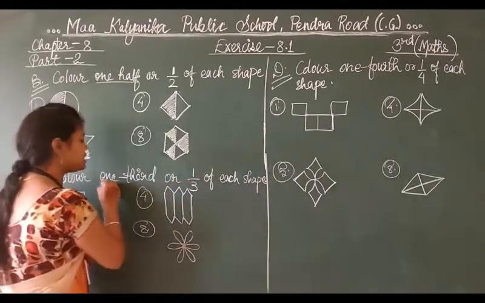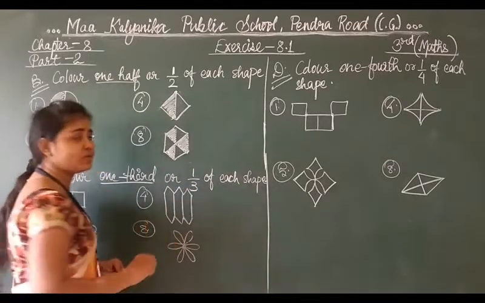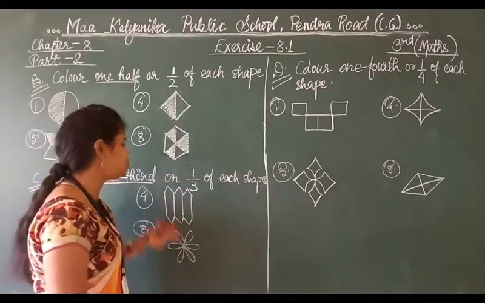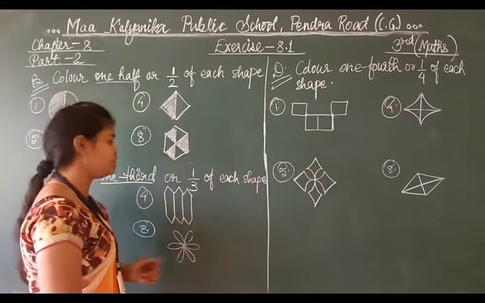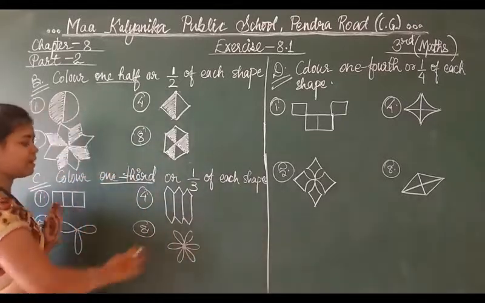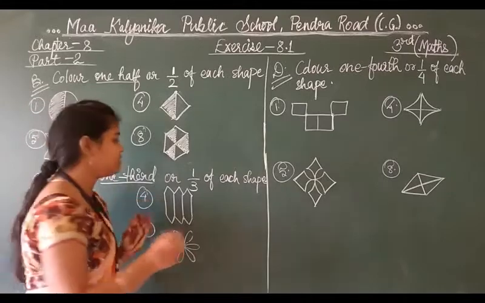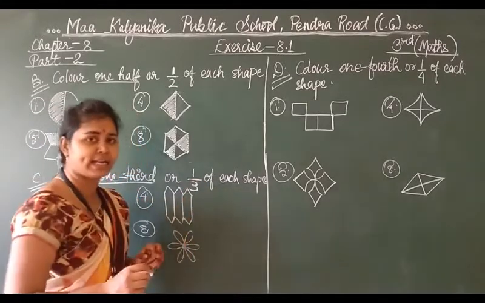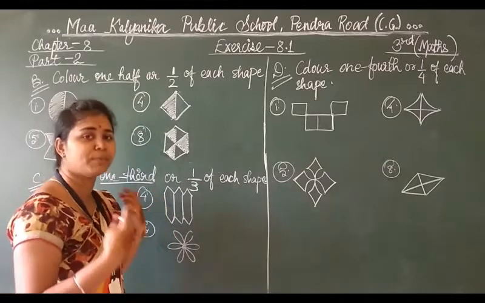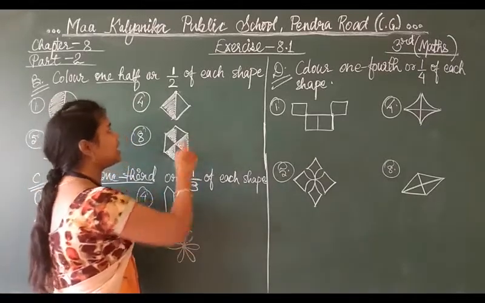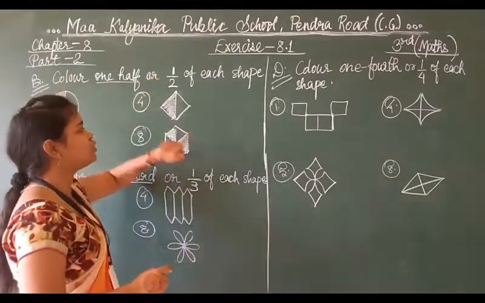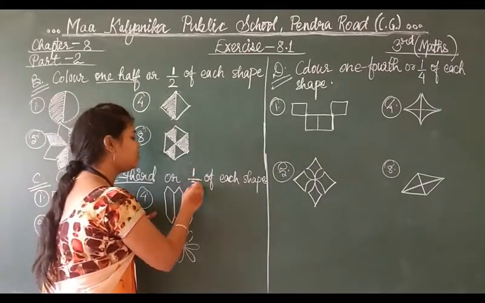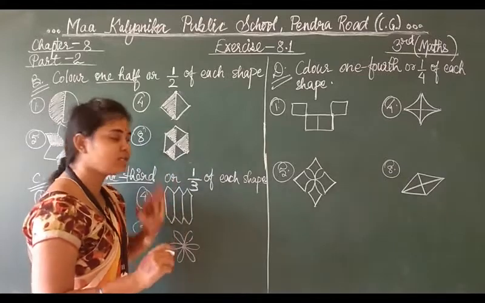Shape. Here it is asked 1/3 and one-third. So both the meanings are the same. Either you can say 1/3 of any shape or one-third of any shape. So if any shape is given, you have to divide it by 3, and after dividing by 3 we get the 1/3 part of that particular shape. Here, as we divided by 2 to get the half part, after dividing by 3 we will get the 1/3 of it.